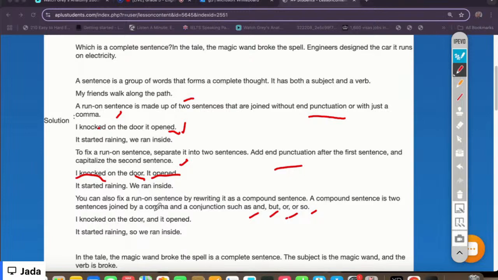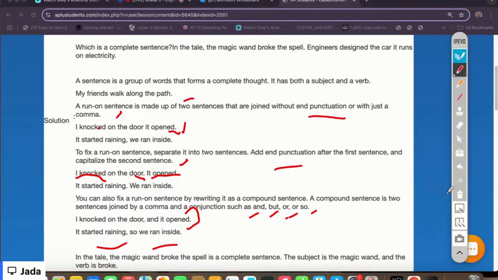Alright, so I knocked on the door and it opened. It started raining, so we ran inside. So you have two ways to fix the run-on sentence. You can either make it a compound sentence using a conjunction, or you can separate it and add a period between two sentences and start the other one as a new sentence. Okay,